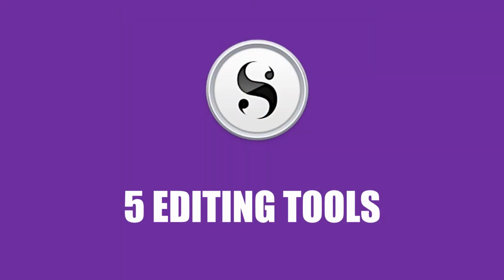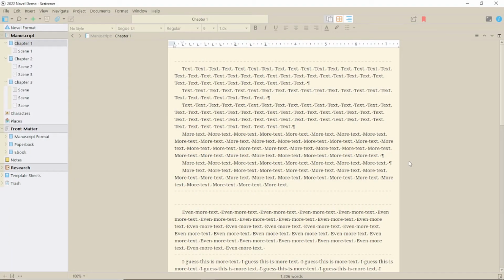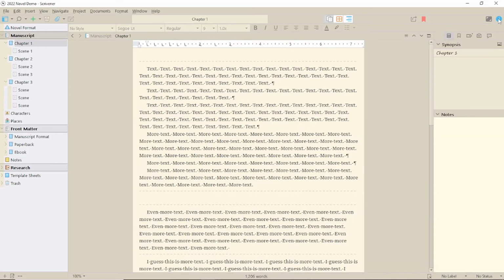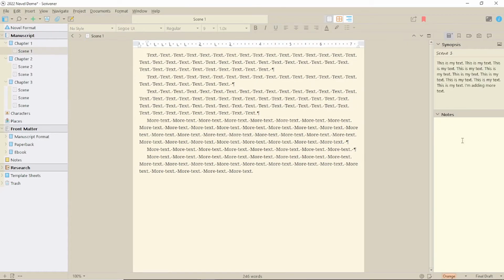These first 2 are for making notes as you go along, so you can come back to them later. In the Inspector, under the Notes tab, you have the Notes field. This allows you to write notes to yourself about things you still have to do, or look up, or check, or whatever. There is one notes field per manuscript folder or document, so there's plenty of room for detail.